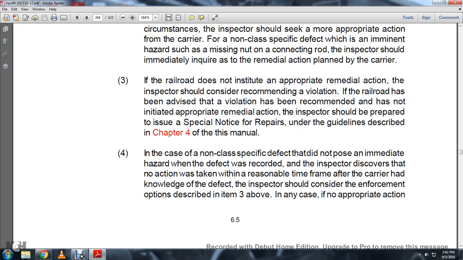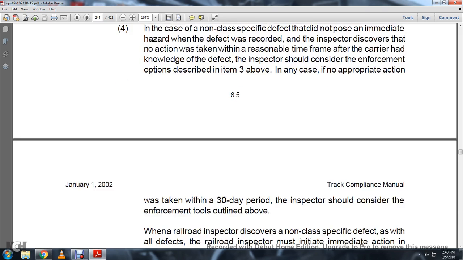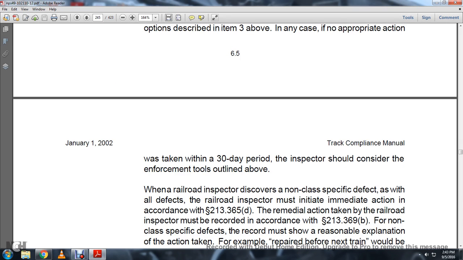of this manual. 4. In this case, the non-class-specific defect does not pose an immediate hazard. If the inspector reviews the defect record and discovers that no action was taken within a reasonable time after the carrier had knowledge of the defect, the inspector should consider enforcement options described in item 3. In any case, if no appropriate action was taken within 30 days, the inspector should consider the enforcement